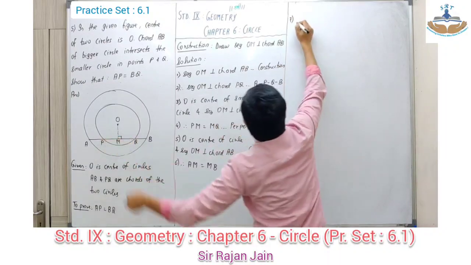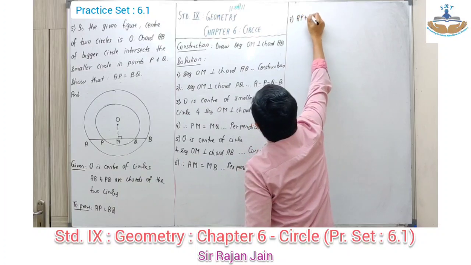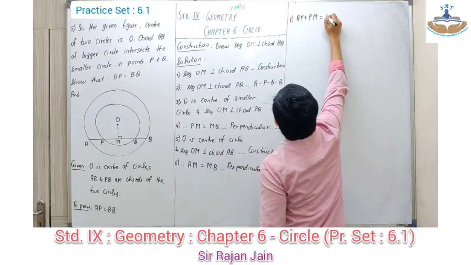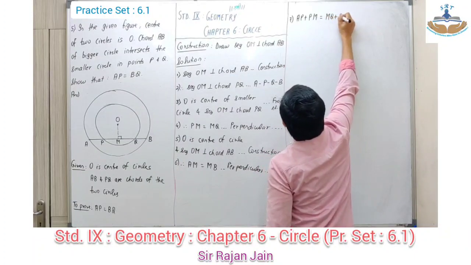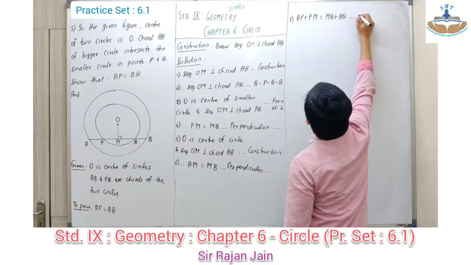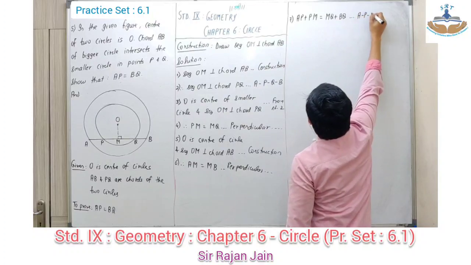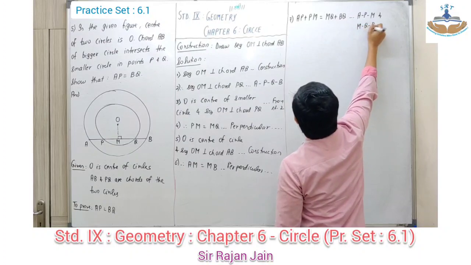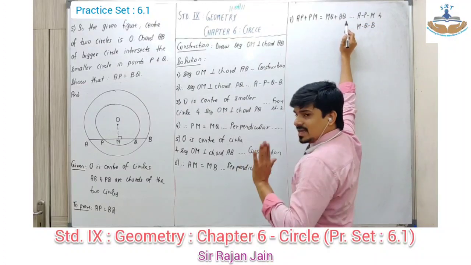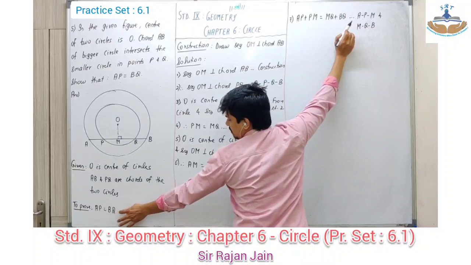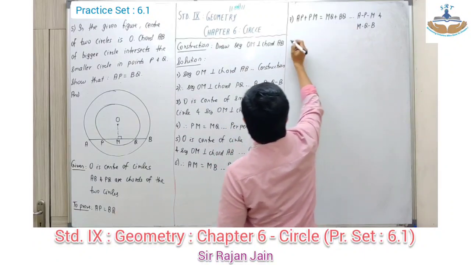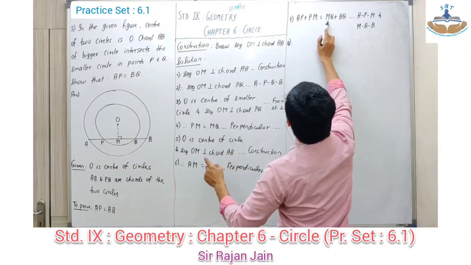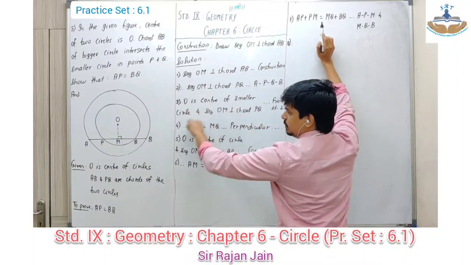AM, entire AM, I can write it as AP plus PM is equal to, and entire MB, I can write it as MQ plus BQ. Reason I am writing A dash, P dash, M and M dash, Q dash, B. ये BQ के जगह पे Q भी लिखा तो भी चलेगा, but since question में BQ लिखा है, even I am writing BQ. Clear? अभी now you know that PM and MQ are equal. ये मैंने prove कर दिया है. समझा? ये part पहले prove क्यों किया?